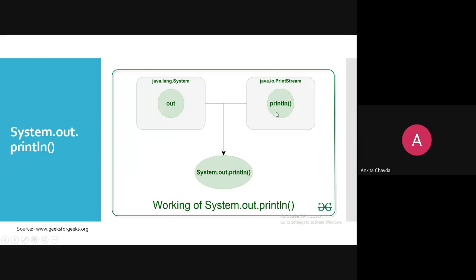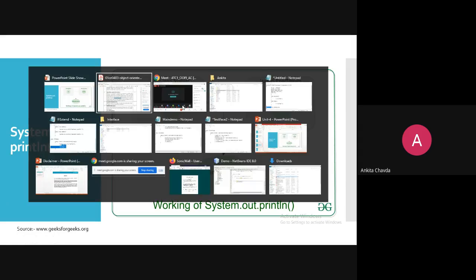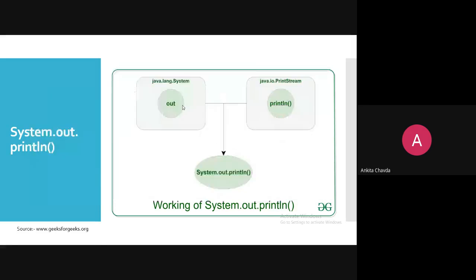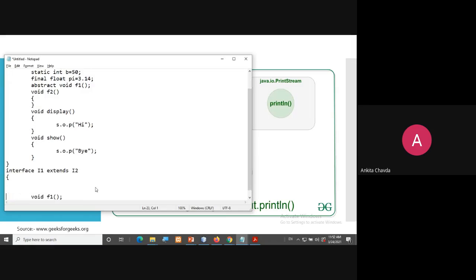So you call this method via the object of the System class, which is out, right? Why out can access this method println, we will learn deeply whenever we see file handling, right? Because you don't know about the different classes yet. And out and in, these two are built-in objects. That is why you are not creating this out object like this, right?